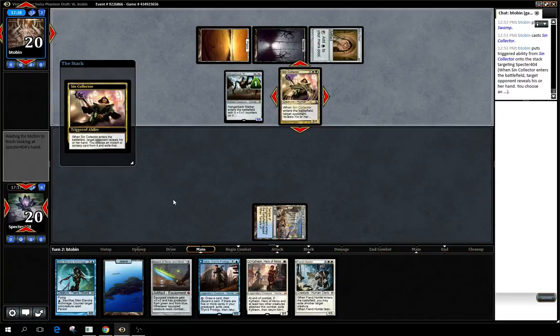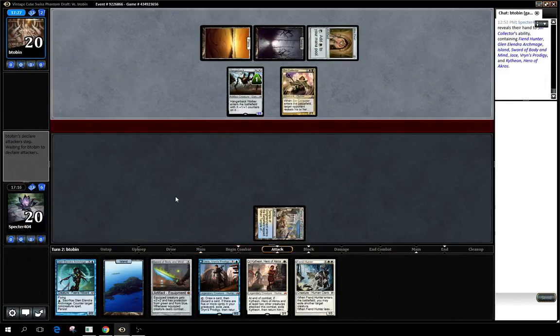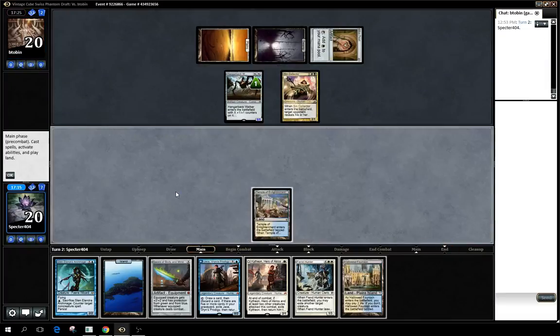So he's going to miss on the Sin Collector, which is fine. I'm going to take 1. He didn't attack. That was a missed opportunity. 1 point of damage. Alright, so we're just going to get the...